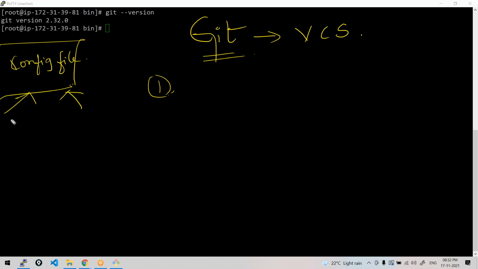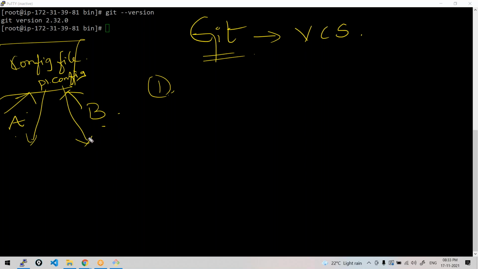Let's say there are two DevOps persons, DevOps person A and DevOps person B. There is some file called p1.config. Both of them have to work on the same file at the same time. So A has to work on p1.config, and B has to work on p1.config. He has to download this file into his system and make the changes. Similarly, the other person has to download it and make the changes, right?